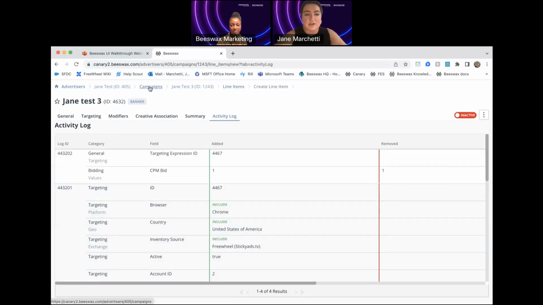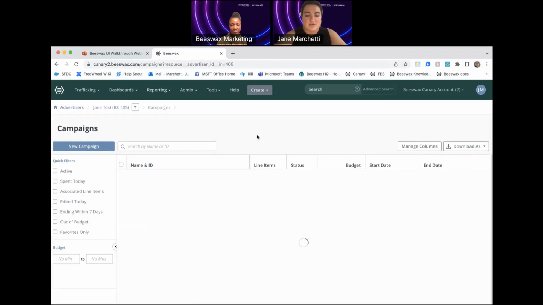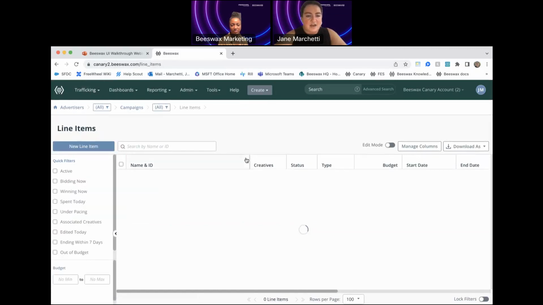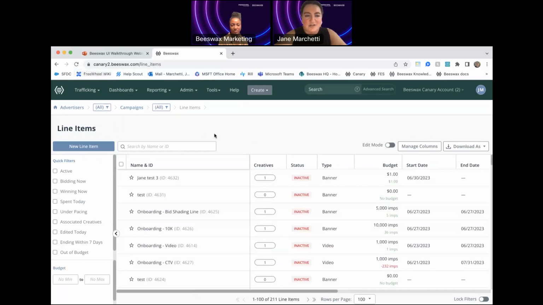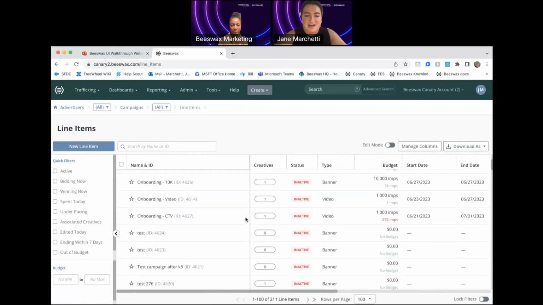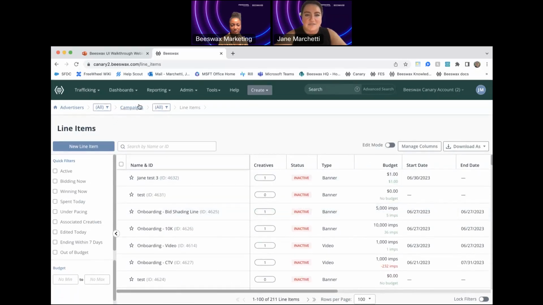One thing I want to go back and show you, because this is not something that's available within an existing line item workflow, is our analytics tab. So let me see if I can find an active line item. And I apologize that the UI is giving us some trouble. This is our test account, as I mentioned. So we do have a lot going on here as far as